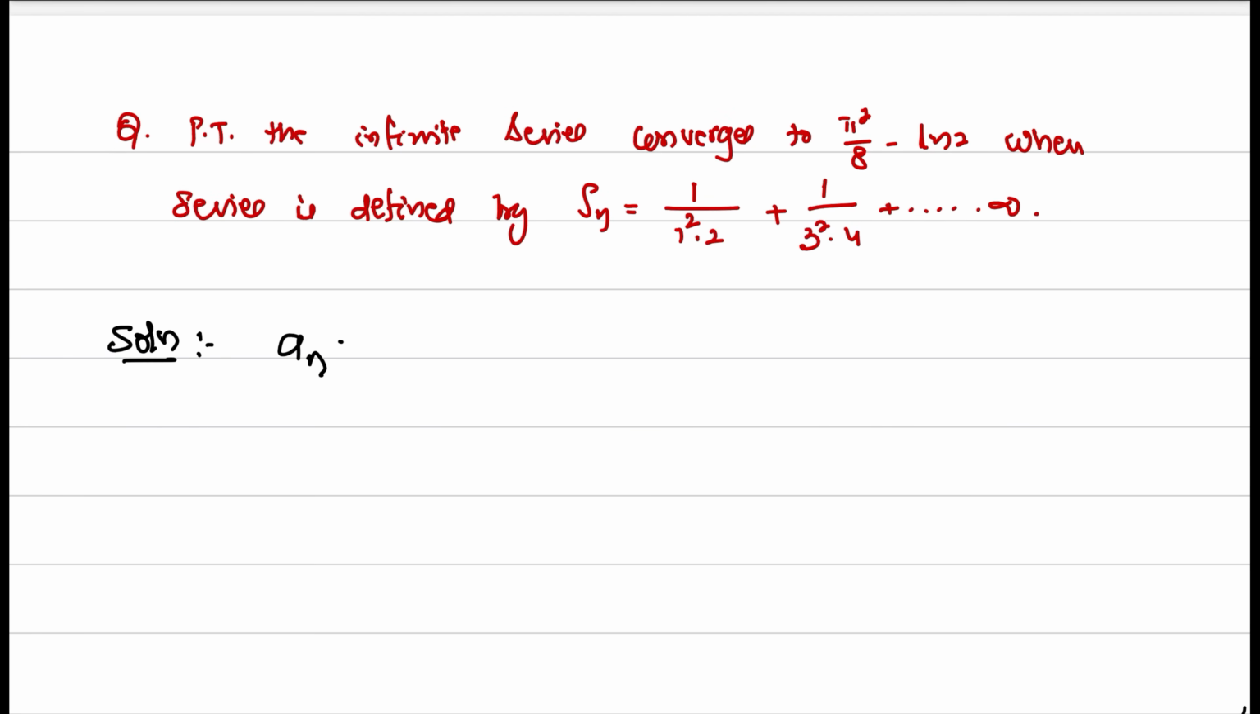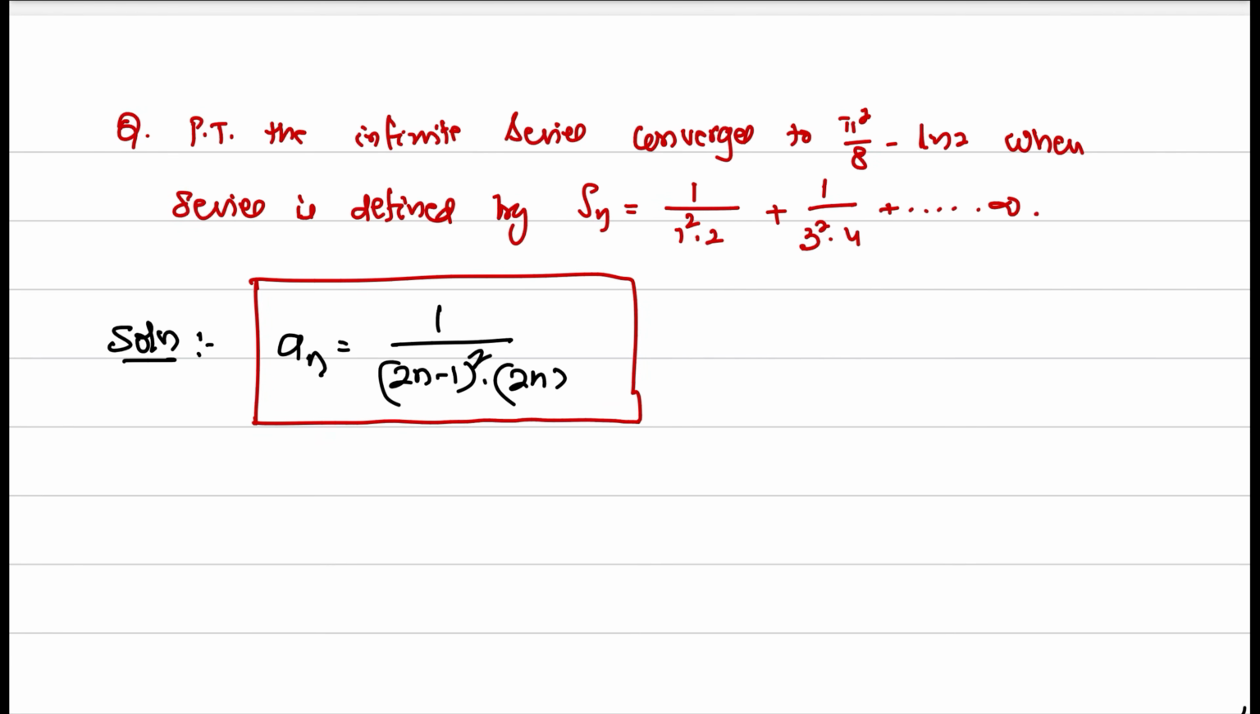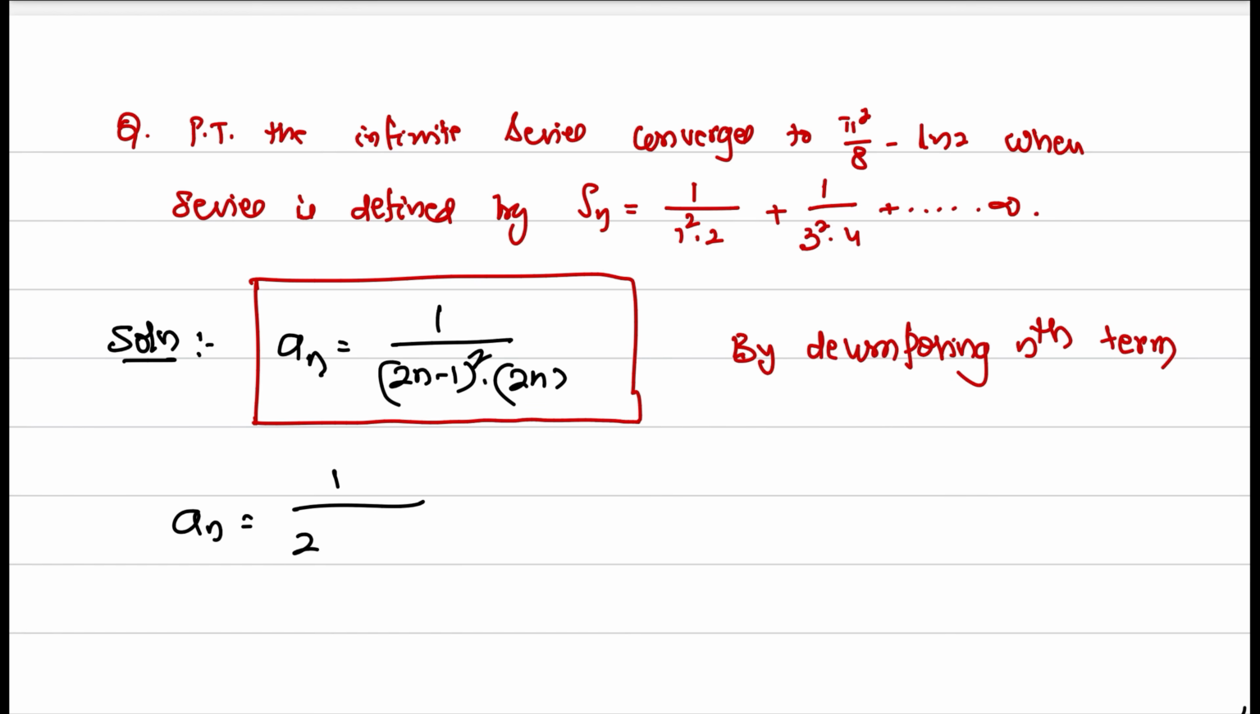Solution. What is the nth term? An is equal to 1 by 2n minus 1 whole square into 2n. This is the nth term. Can we expand, decompose the nth term? By decomposing the nth term, we get an is equal to 1 by 2n minus 1 whole square into 2n is equal to,